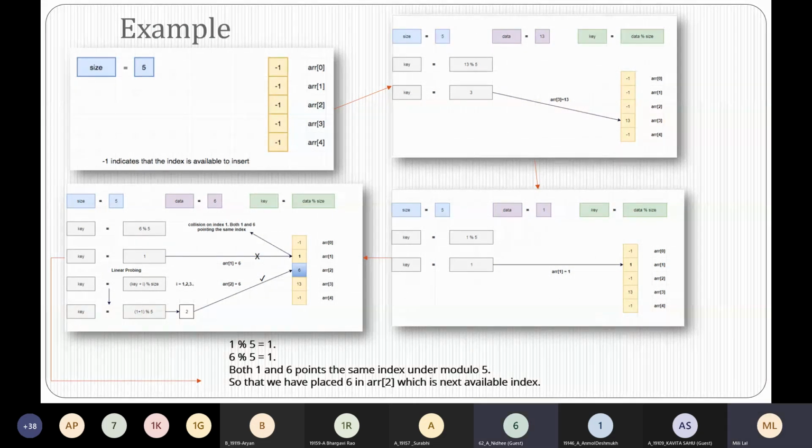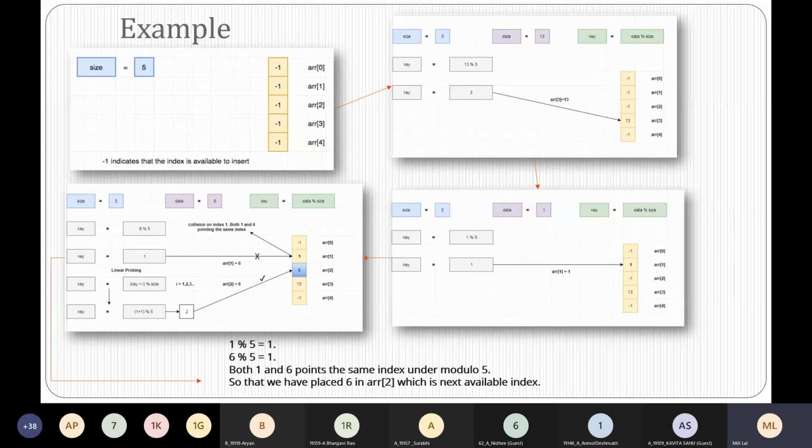Yes. Okay. Now go to the next box, which is just below. You are placing data 1. So 1 modulo 5 will give you an answer 1. And you have to place it in index 1 of the hash table. So you can see that right now index 1 is free. So you can directly place 1 in index 1 of the hash table. Is that clear to all? Yes, ma'am. Okay, I need to hear voices. I hope it is clear to everybody available today. Okay, doubt hai to pucho.